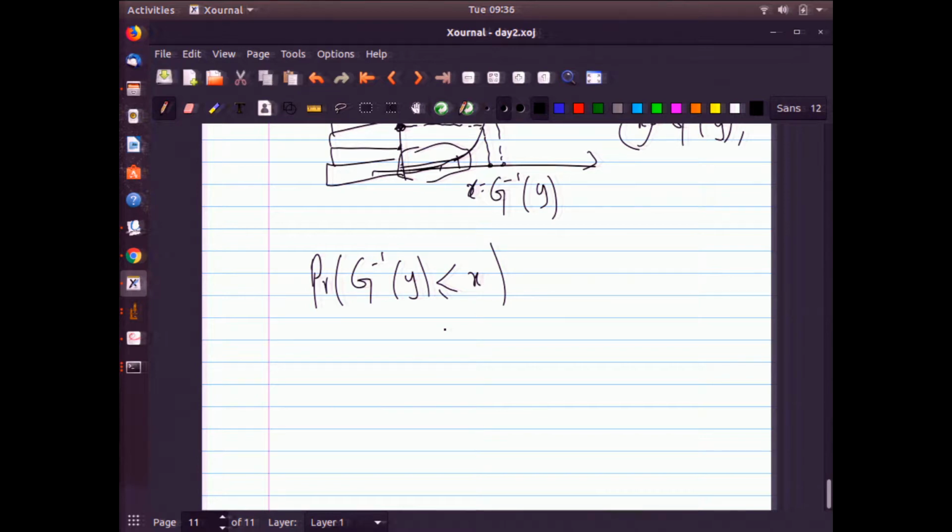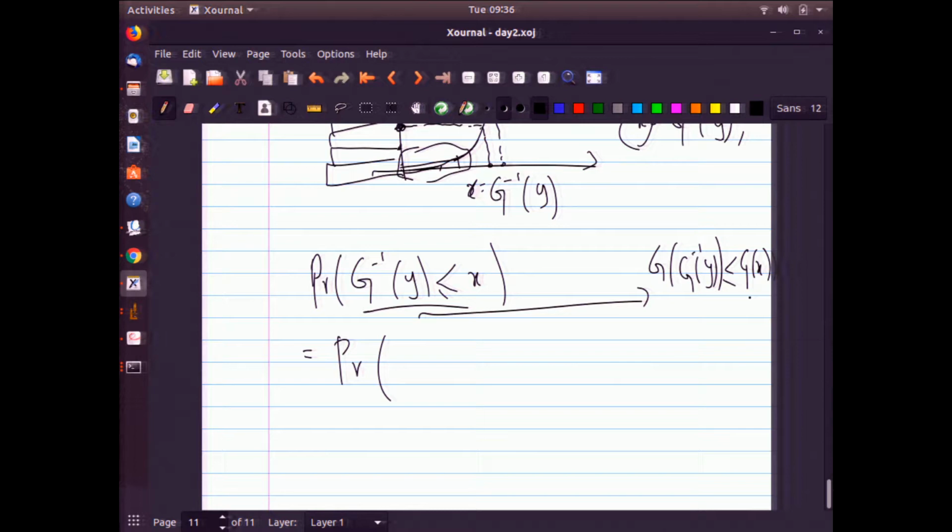Right? And this is nothing but, what is g inverse of that thing? So if I apply g on both sides, then I get g of g inverse of y less than equal to g of x,